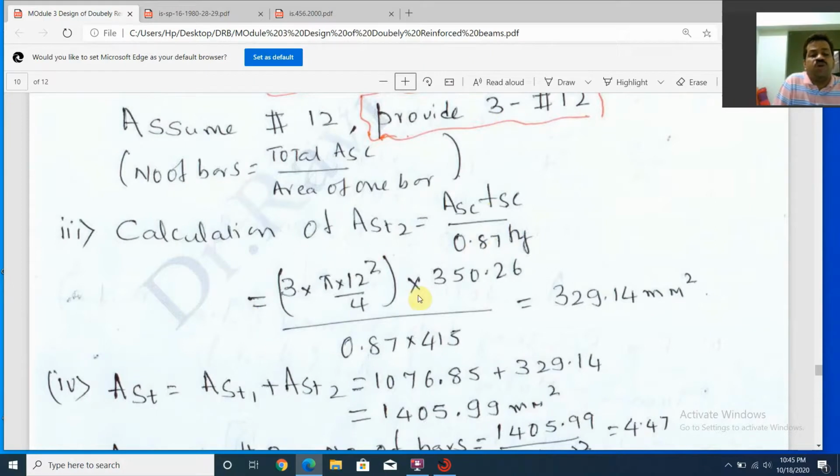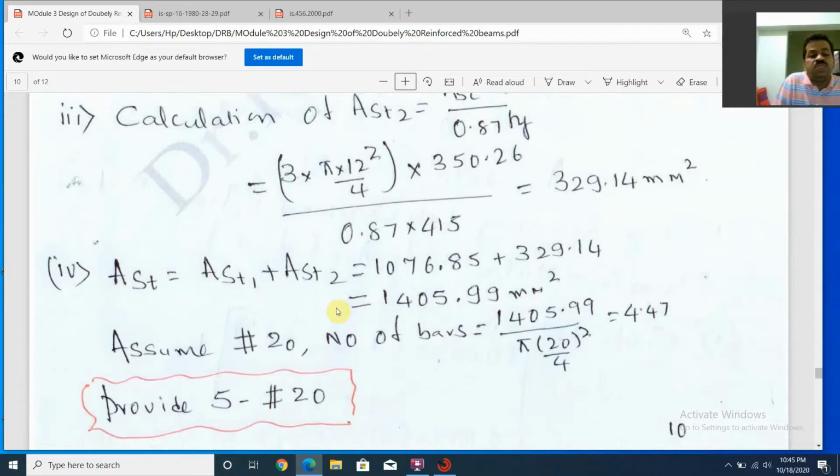So hence I substitute the value here. FSC is substituted, 0.87, 4 and 5. We will get as 329.14. Now add up. AST is equal to AST1 plus AST2. So hence you will get as